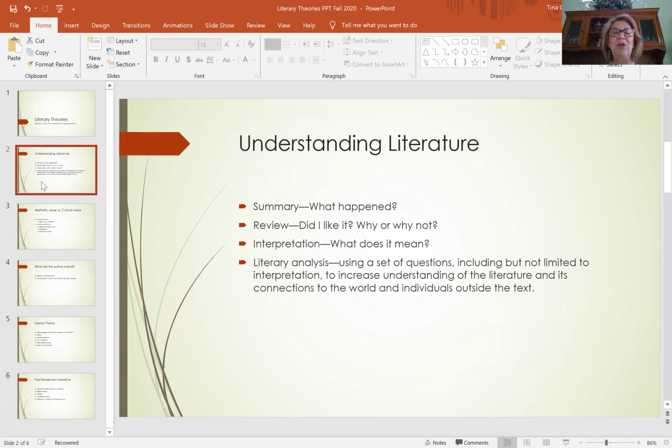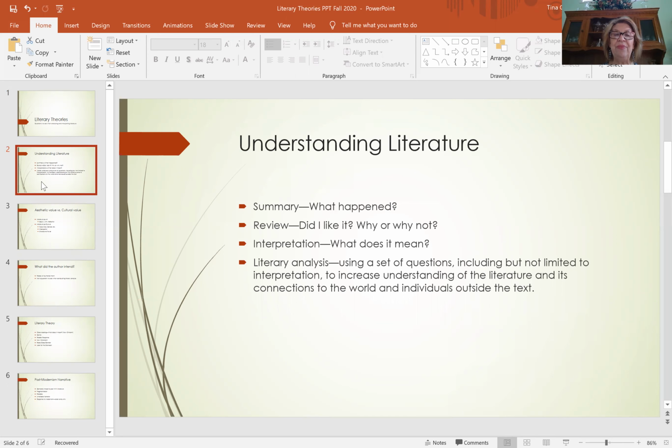So let's go ahead and take a look at some of the things that you may have done in the past and what is and is not literary analysis. First of all, there is what we call summary. And summary simply asks the question, what happened? This is where you would simply summarize the story or the movie or the film or a song. This is what happened. This happened and this happened and then this happened. An important skill for sure, but not what we do in the class. In this class, you should assume that your audience has read what you are talking about, and so you have no need to tell them what was happening from step to step.